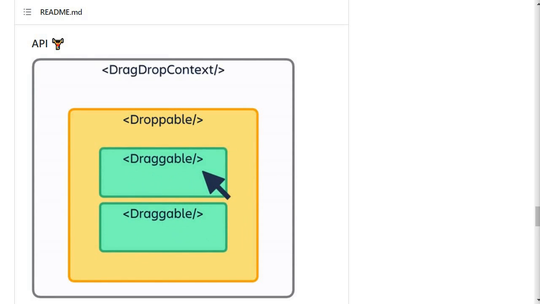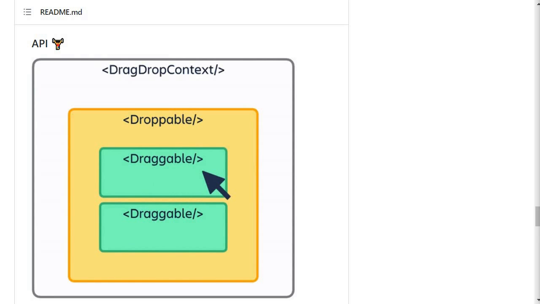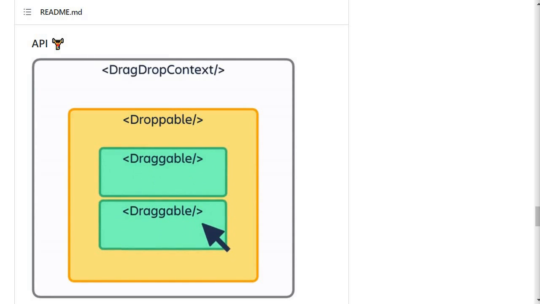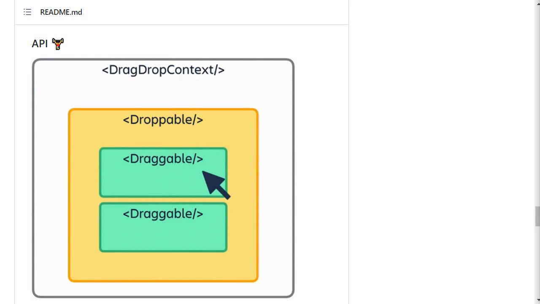use to identify it. So the drag-drop context component provides the overall context for drag and drop interactions. The droppable component defines an area that can receive draggable items, and the draggable component defines the individual draggable items within that area. In order to make these components work together, you'll need to follow a specific hierarchy. You'll need to wrap your entire application with the drag-drop context component, then wrap your droppable components around the areas where you want to allow drag and drop interactions. And then finally, you would want to wrap your draggable components around the individual items that you want to make